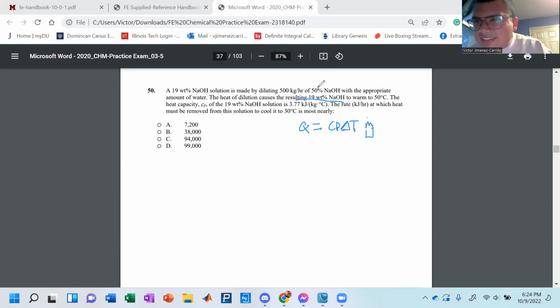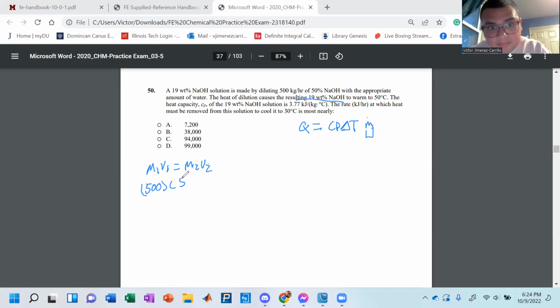The manual doesn't call this... They call this sodium hydroxide balance between solutions. I like thinking about it as M1V1 equals M2V2 from general chemistry. It makes the most sense because of what's coming in. I'm going to say M1V1 equals M2V2. And in this case, we'll have 500 kilos